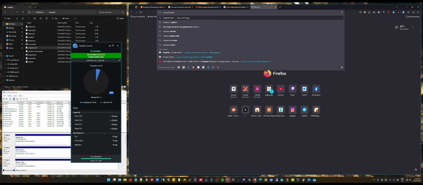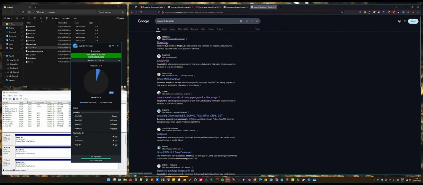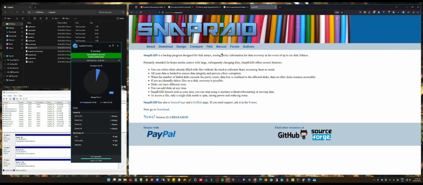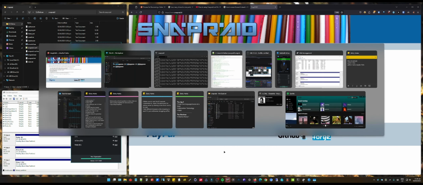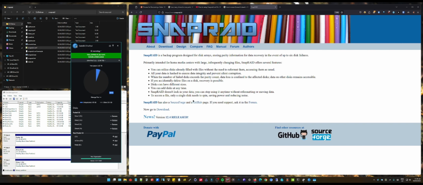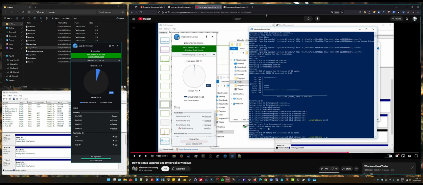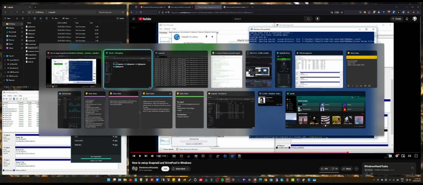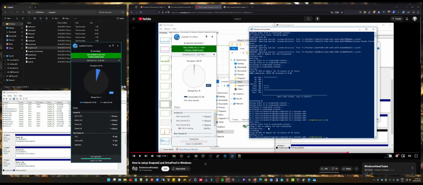SnapRaid. Let me just go to downloads so I can make sure it's going to look like this. Is this the one? I don't know, right? I eventually got the right one. You download it from here. I tried to download it through Winget because I've been sus about downloading from actual browsers for a while now, just because it's so much more efficient doing it through package managers, right? But there is no package manager for SnapRaid. Same with StableBit, by the way, you have to go to the actual website in the browser. Anyways,